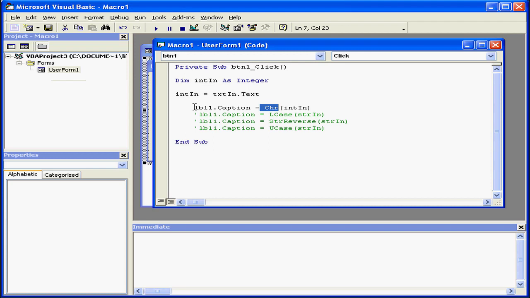Next, let's take a look at the Lcase function. The Lcase function returns a string that's been converted to lowercase. For this argument, we need to declare our variable as a string, str. And here,